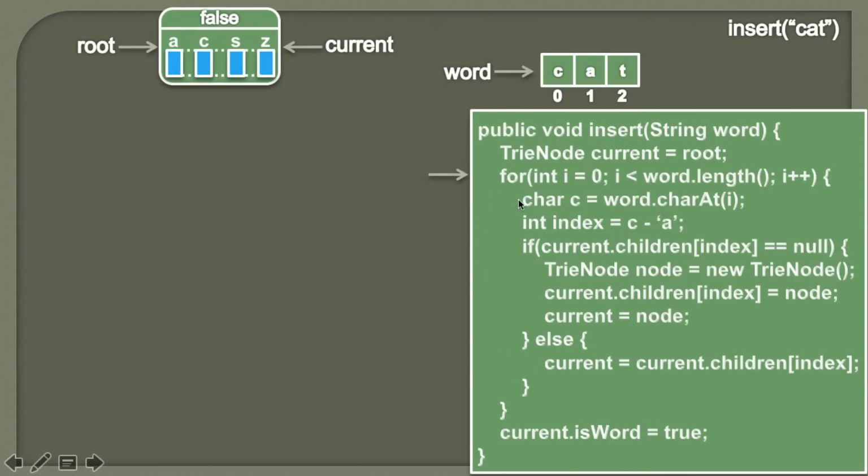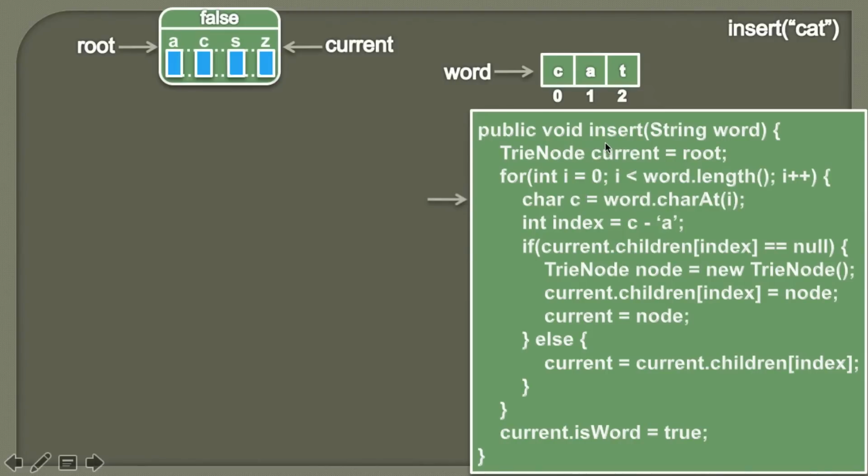friends, now we will provide a for loop, because we need to iterate over each and every character of this word and insert it into this try. So we'll start from the 0th index and iterate this for loop till index 2. The condition we place in the for loop is i should be less than word.length. Here word.length will be nothing but 3. As we are starting from 0, we need to traverse till 2. Moving ahead.